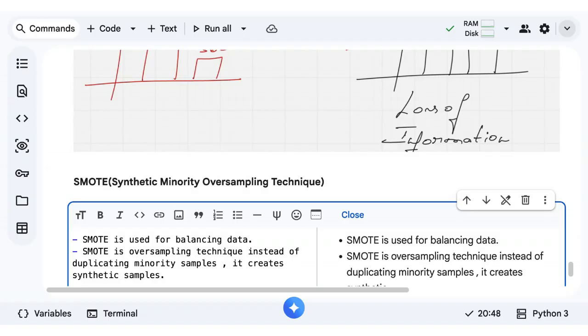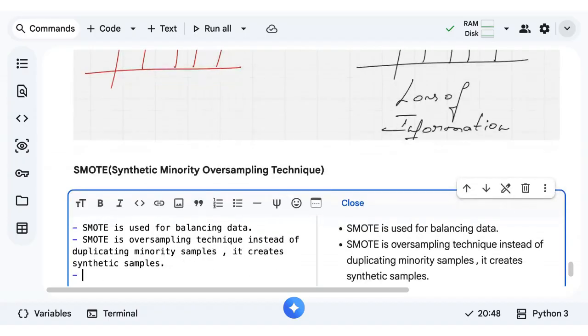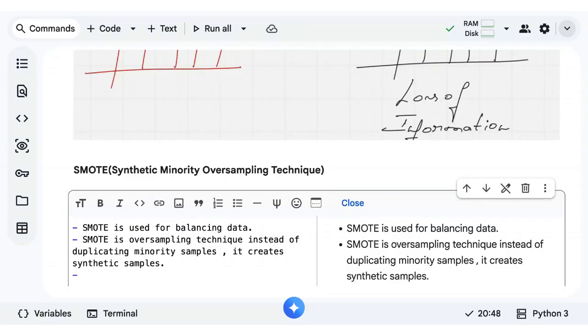So how does it create them? Basically, it generates new points between existing minority class points.